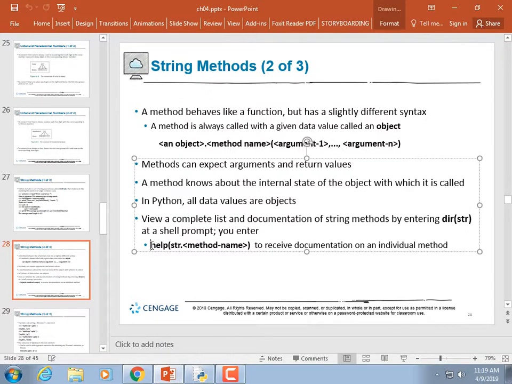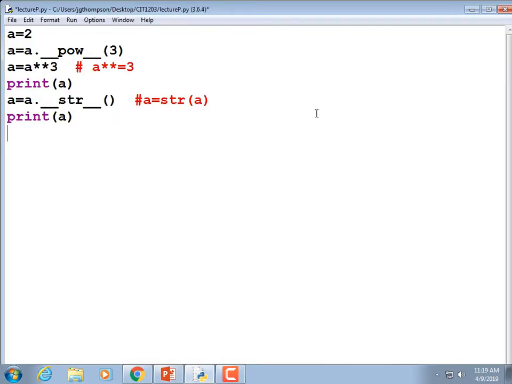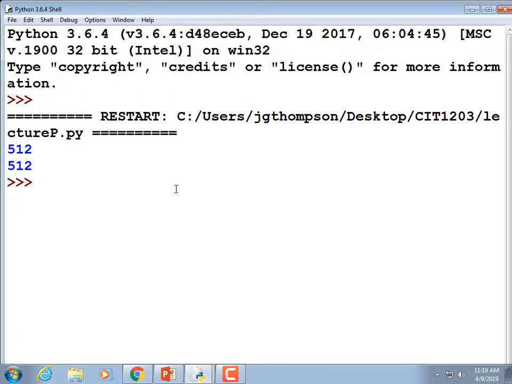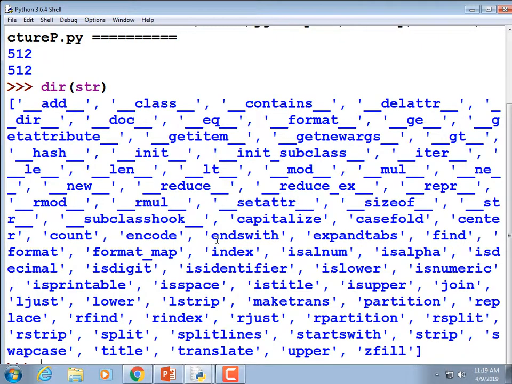If you want to know something about a specific method, you can use the help function. We saw a whole bunch of different methods attached to say, let's get the directory of the string class. Whole bunch of them. Oh, here's one. Ends with. That's kind of cool. How about .index? Or make trans? Or partition? I have no idea what partition does, so I'm going to type